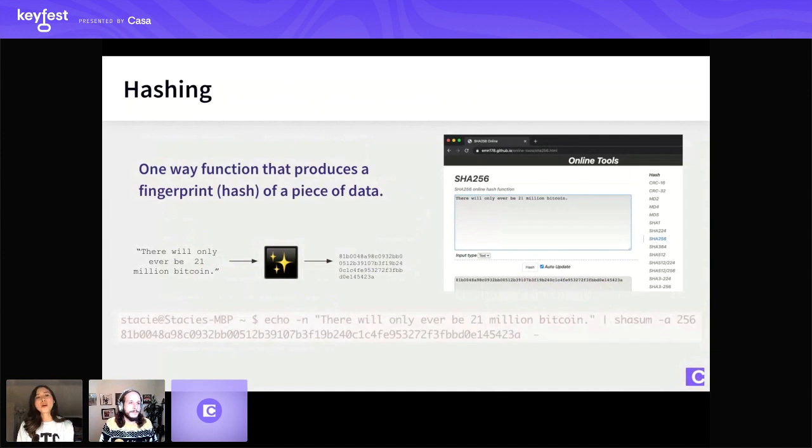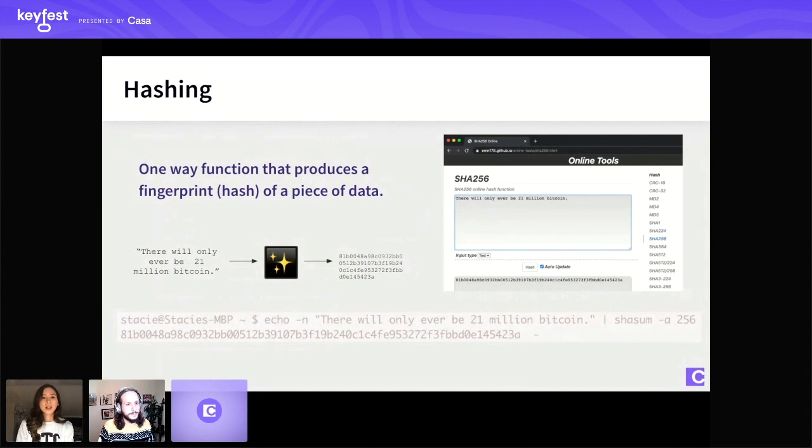Okay, and then one more piece of cryptography 101 that we really need to cover is hashing. Hashing is when you use a one-way function to create a digital fingerprint of a piece of data. The output is a fixed size depending on the specific kind of hash function that you use. It's deterministic, which means that you can hash the same message over and over again, and you'll always get the